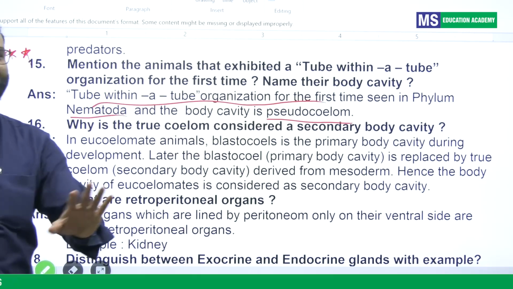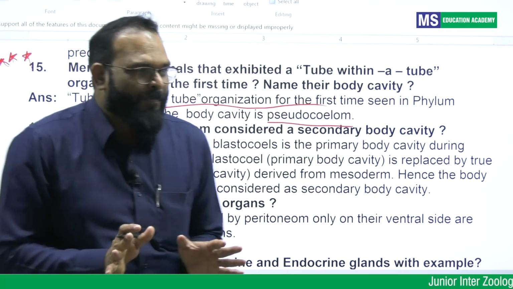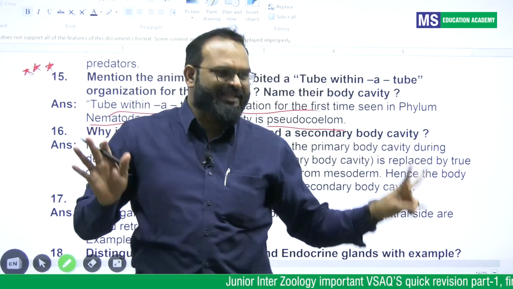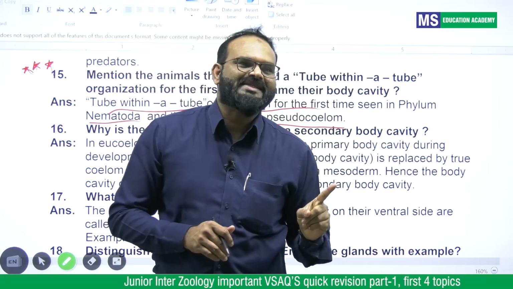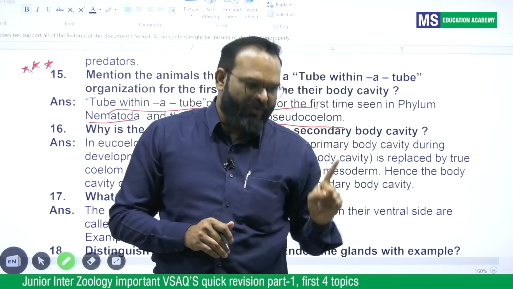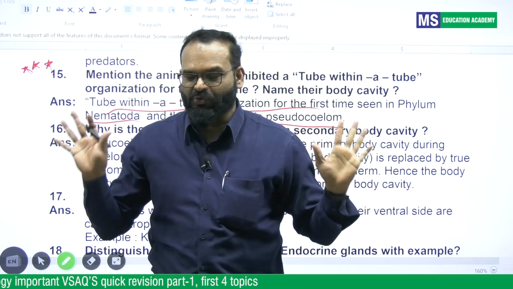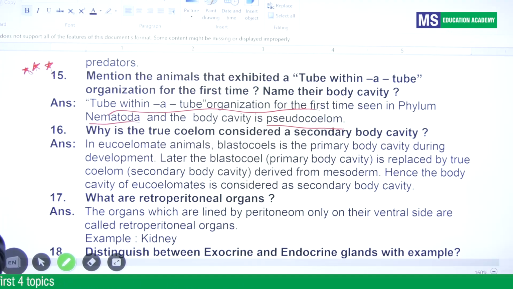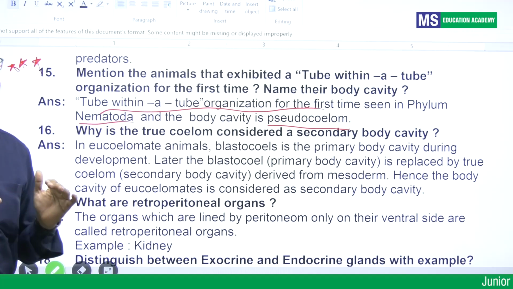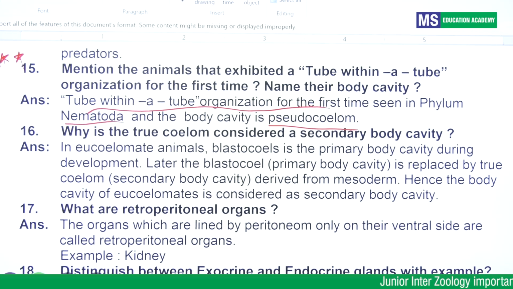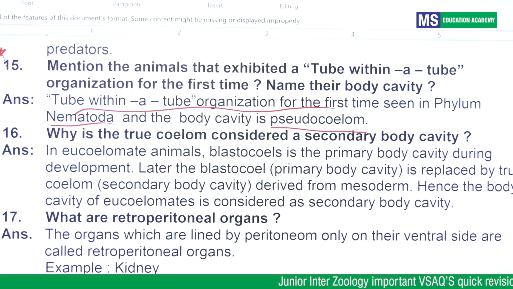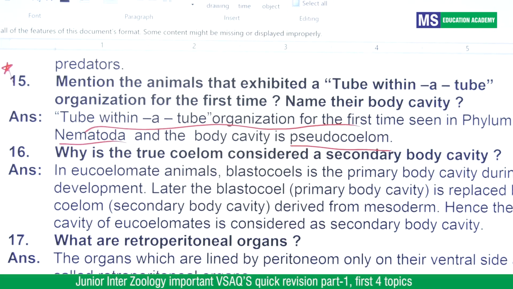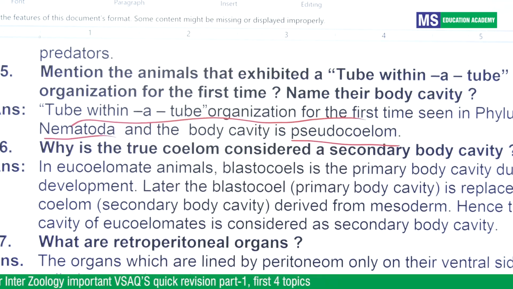Students, समझो कि ये क्वेश्चन एग्जाम में आ गया, इसके सिर्फ 2 वर्ड्स आपको 2 मार्क्स दिलवा सकते हैं स्टूडेंट्स. वर्ड नंबर 1 Aschelminthes, ब्रैकेट में Nematoda. वर्ड नंबर 2 pseudocoelom. स्टूडेंट्स, ये 2 बहुत इंपॉर्टेंट वर्ड्स हैं. जब भी हम VSAQ को अटेम्प्ट कर रहे हैं तो दिमाग में रख लेना कि 2 स्टेटमेंट या 2 इंपॉर्टेंट की टर्म्स को लिखना है, then only you will be getting full marks, students. Right.